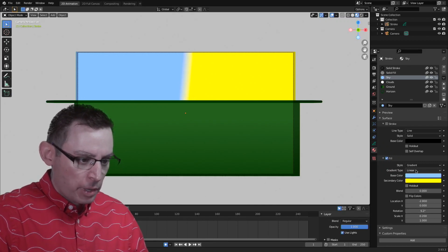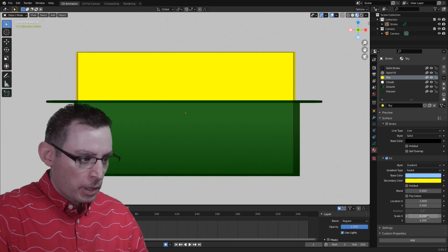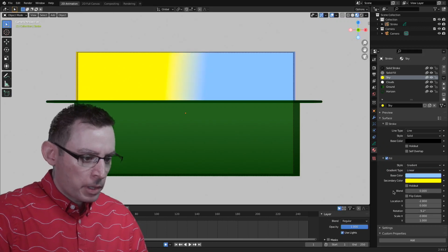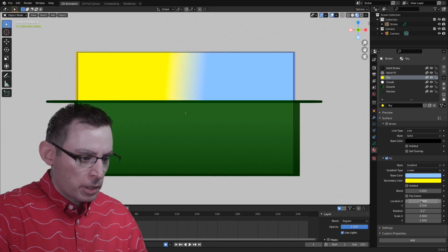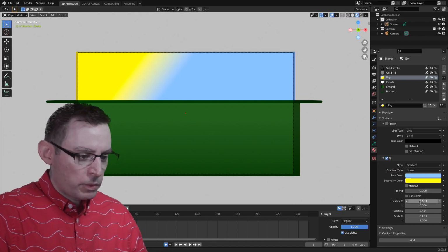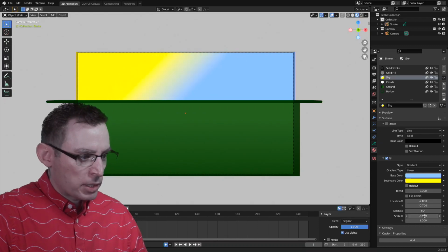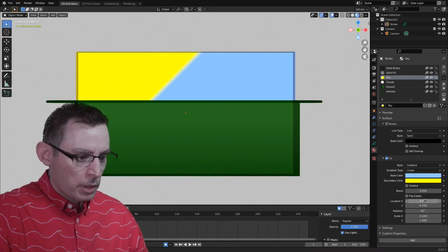Actually, let's change it to a radial gradient. Yeah, and we're going to, let's see. Let's change it back to linear. I think what I'm concerned with at the moment is that I don't understand where everything is located inside the scene. So I'm going to do what I did with the ground. I'm going to rotate it, move it down. Let's change the scale so the transition's quick. There we go. Now I can see it a little bit more clearly.